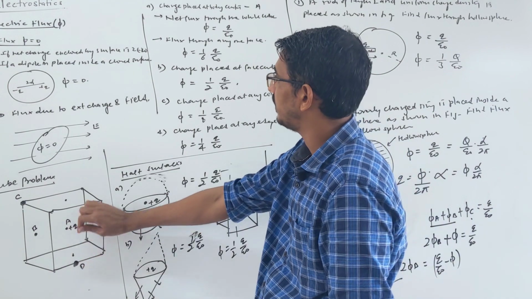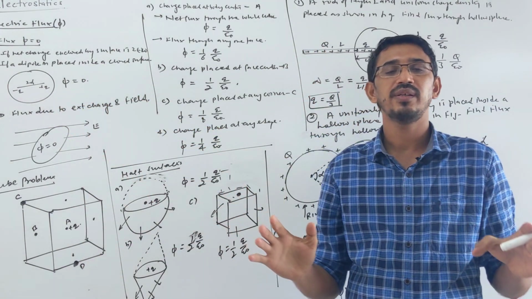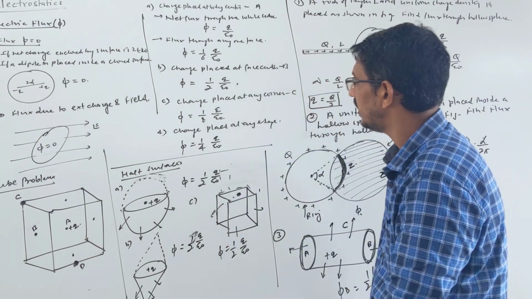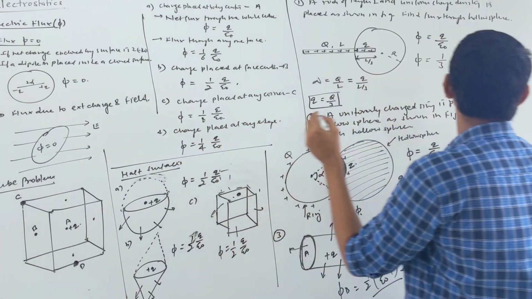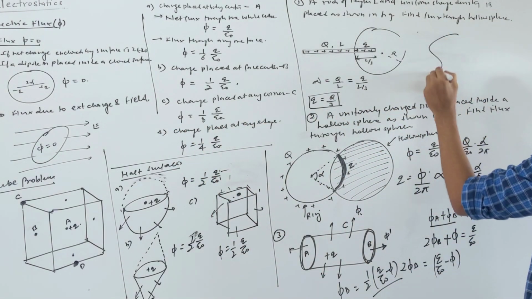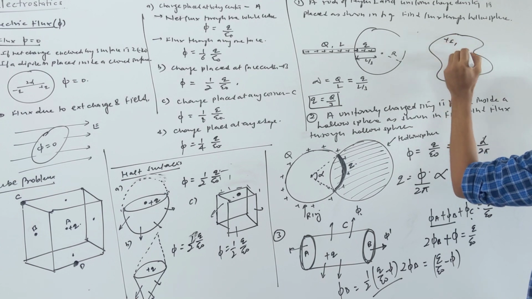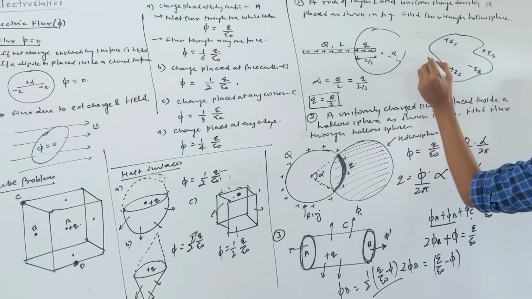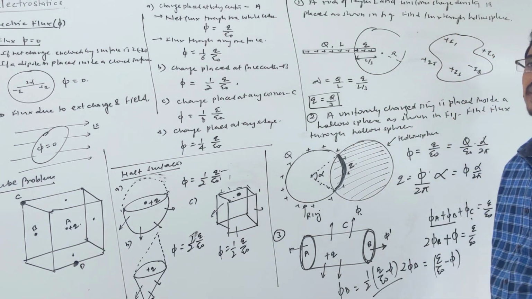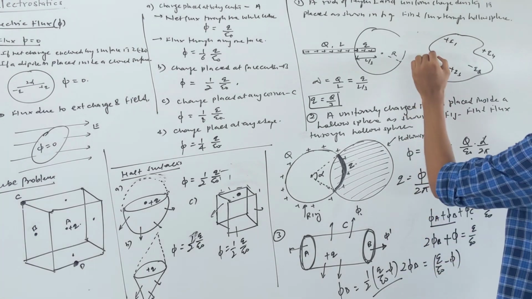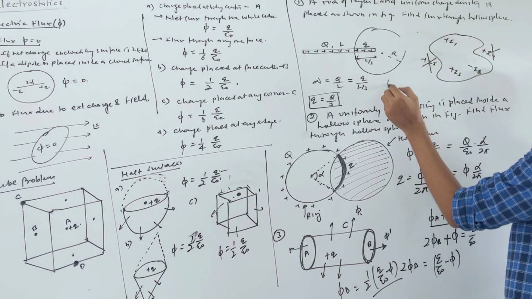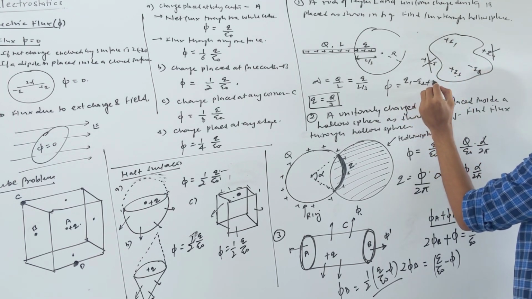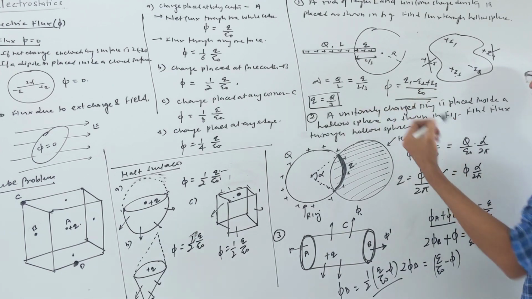So this problem is very important. External charges, the external field, do not contribute to the net flux through a given closed surface. Sometimes they ask very simple questions also. They said some surface was given like this, with plus Q1 here, minus Q2 here, plus Q3 here, and Q4 and Q5 placed outside. They are asking what is the net flux through this surface. These external charges will not contribute to the flux. So the flux will simply be from the inside charges: Q1 minus Q2 plus Q3 by epsilon naught. That will be your answer, simply.